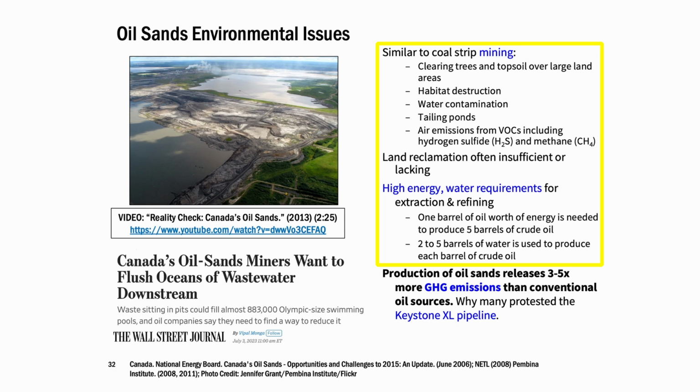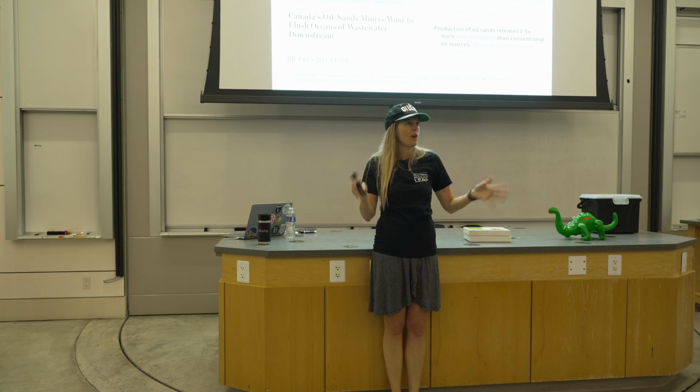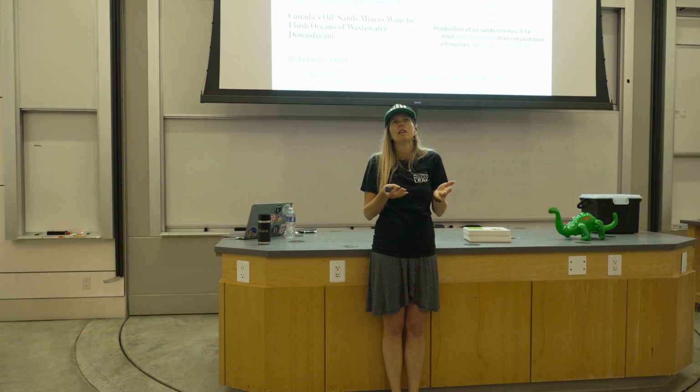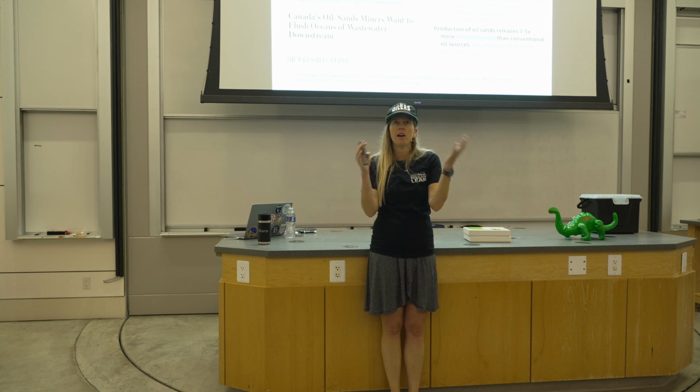And so I just kind of listed some of the challenges. Things to point out, you're using 2 to 5 barrels of water to produce each barrel of crude oil. And that's really because the water is the carrier of the heat that you're using to try to warm up that oil to make it flow enough. And then sometimes you have to process it a little bit right there, even to get it into a transportation system in order to get it to refinery. With San Ardo, they just keep it hot, and they can keep it hot either on tanker cars or on trucks in order to ship it to refinery.